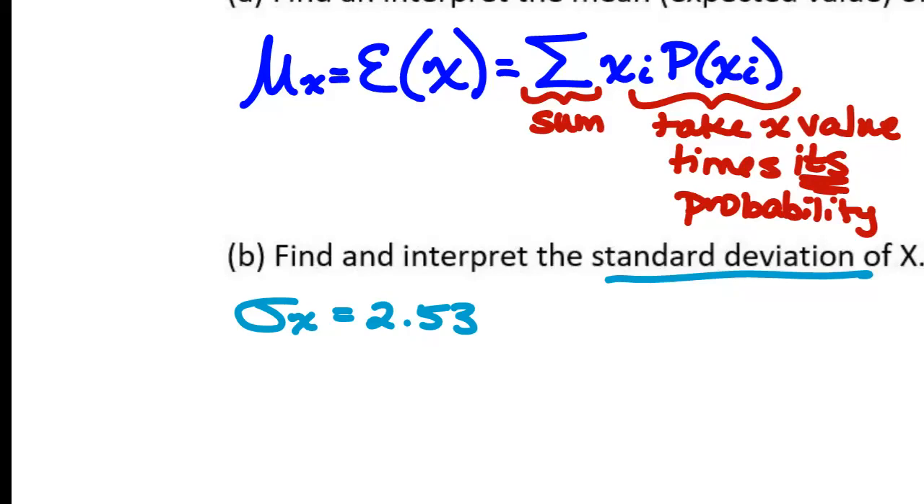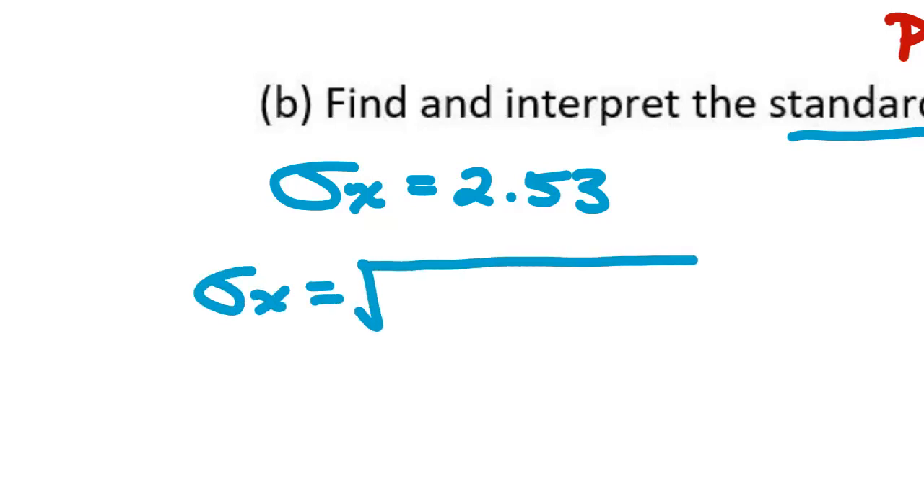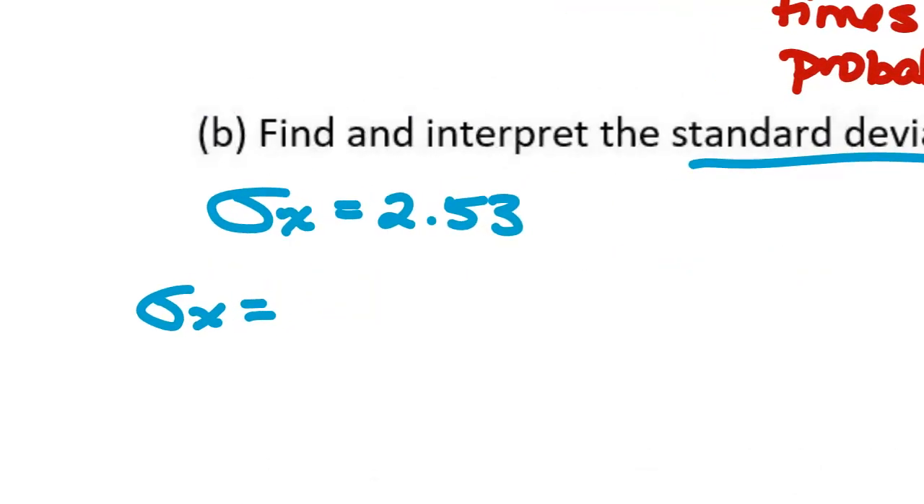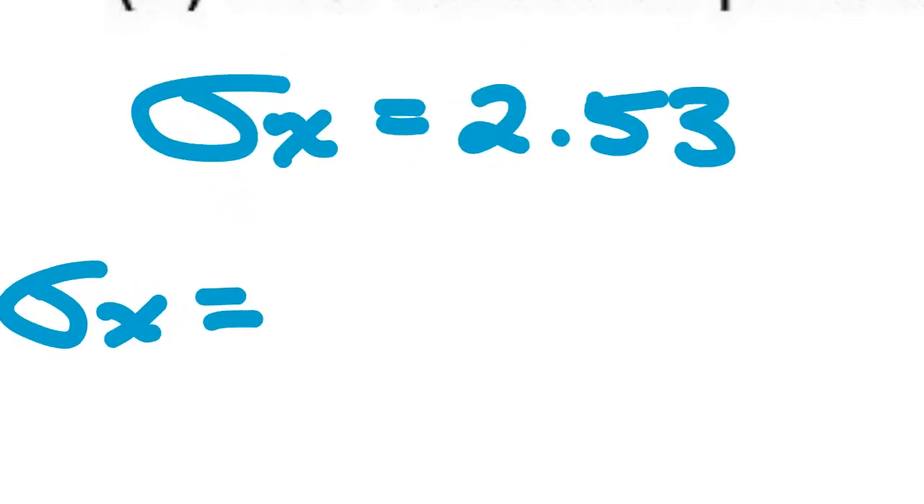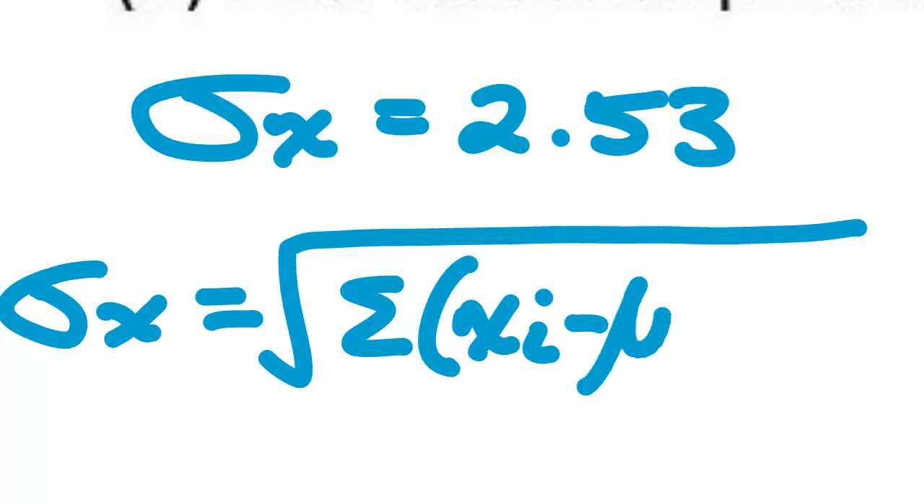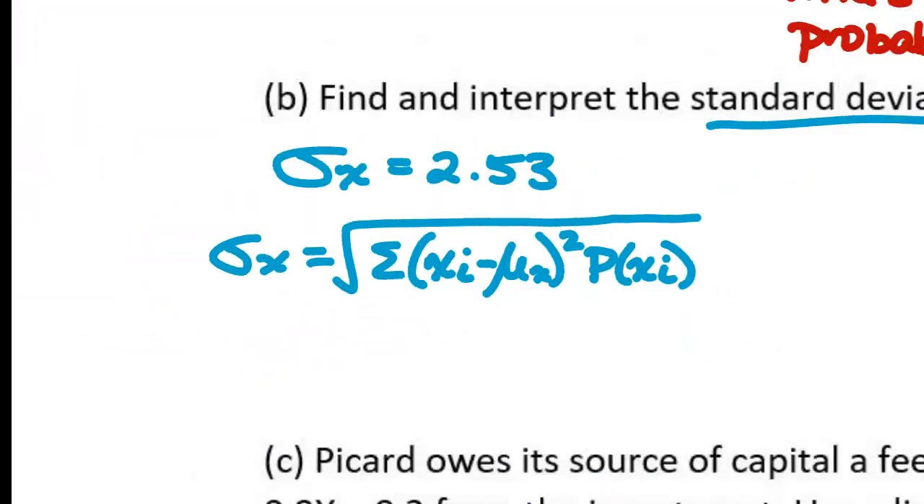If you want to calculate this by hand, if you calculate sigma by hand, it's small enough that you could do this. And there is a formula on the formula sheet to do it by hand. The formula has that summation underneath the square root, big long square root here, summation, and then xi minus mu x squared times p xi. So what that is telling me to do